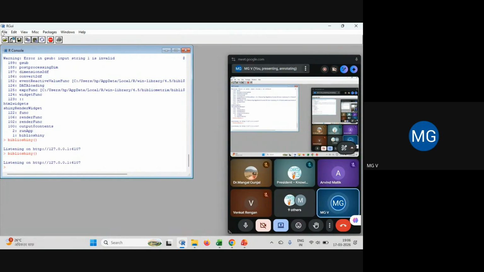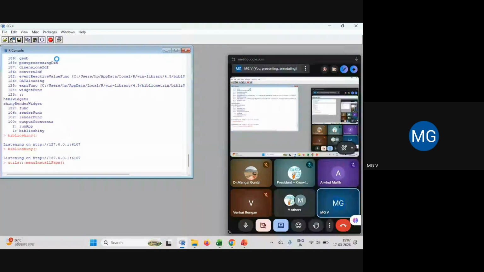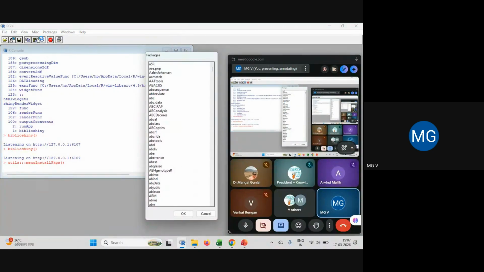Like we have File, Edit, View, Misc, and then Packages. Click Packages, click Install packages. Please note down the steps. I have already mentioned them on the slides also. In this package list, find the term bibliometrix. It is alphabetical, so you can find it easily.